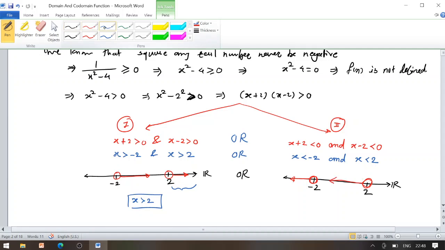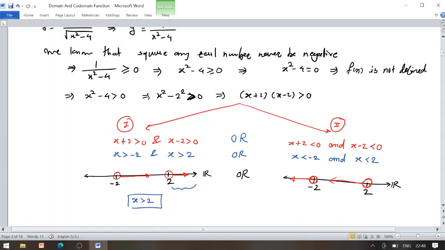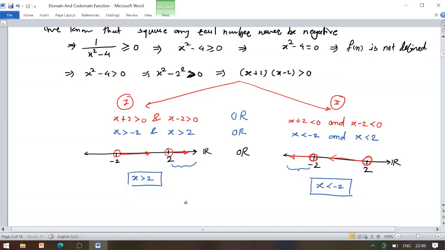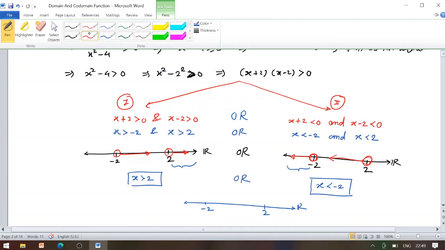So we might have their intersection part now. Whatever numbers are strictly less than minus 2 are ultimately less than 2. So x is the intersecting part of both intervals, we are having strictly less than minus 2. Now if we consider again a real number line, somewhere we have 2 and minus 2. Now we have to consider the union here, keep in mind.